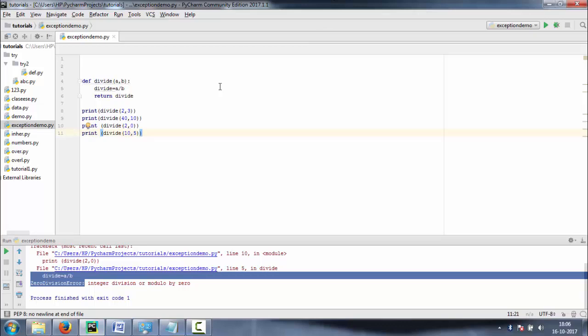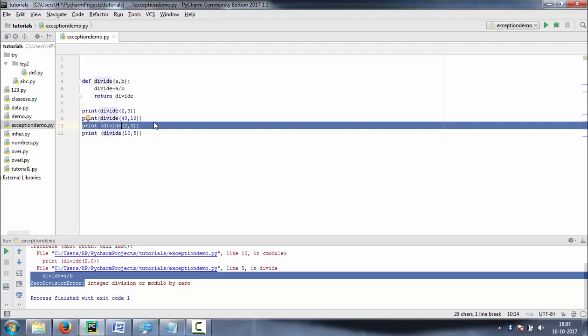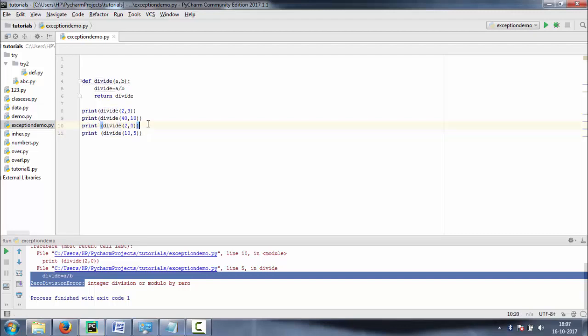It will not give the answer for this. This is a particular case where an exception occurs. Due to this case, our code execution is disrupted and it will not proceed further.